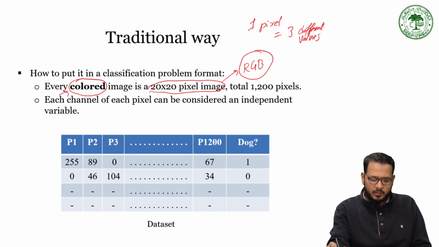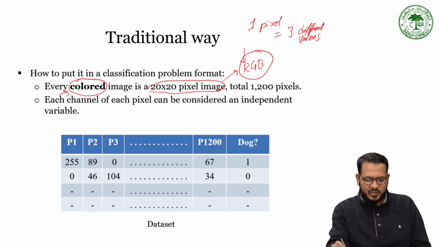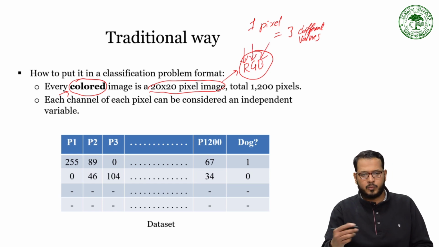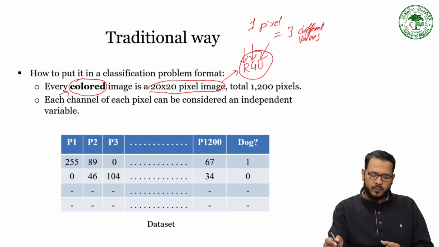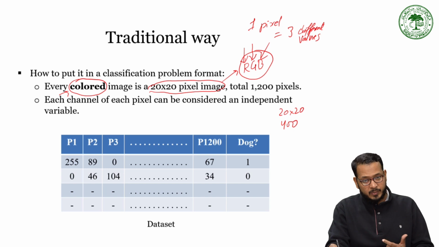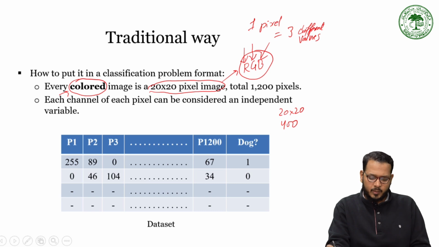One is for R value. R here represents the value of the red color in that pixel, the portion of green color in that pixel, and the blue one. So if it is a 20 by 20 image, which means overall it has 400 pixels and each pixel is represented by 3 values further of R, G and B, that is red, green and blue. So overall values become